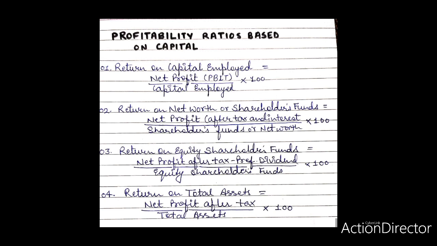It is the net profit before interest, which is on long-term loan, and tax, PBIT. Excluding non-trading income such as income from investments, non-recurring and abnormal profits, and non-trading and abnormal losses. If profit after interest is given, then interest on long-term loans will be added back. It should be remembered while calculating return on capital employed that profit before interest and tax should be used for measuring managerial efficiency, and profit after interest and tax should be used for comparing two firms or computation for owner's purpose.